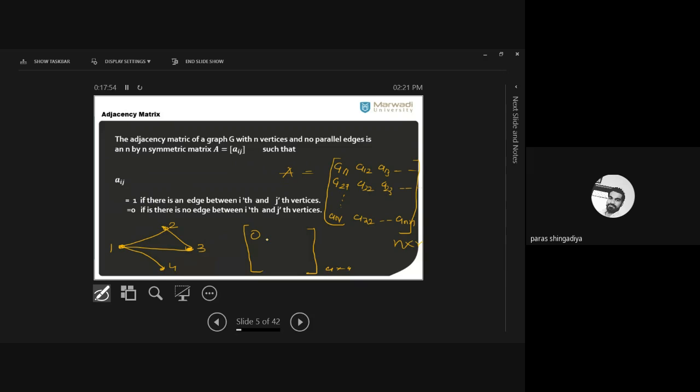And the second entry is A12 entry. Means first is related to the second vertex. ठीक है? A12 का मतलब क्या हुआ? कि जो पहला वर्टेक्स है आपका वो सेकंड के साथ रिलेटेड है या नहीं, मींस एडजेसेंट है या नहीं, मींस देयर इज एन एज बिटवीन 1 to 2 और नॉट. ठीक है? सो देयर इज एन एज बिटवीन 1 to 2. ठीक है? सो A12 एंट्री क्या होगी? दैट इज इक्वल टू 1. यहाँ पे सेकंड एंट्री आएगी 1.